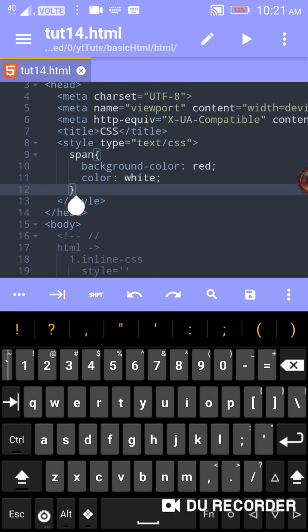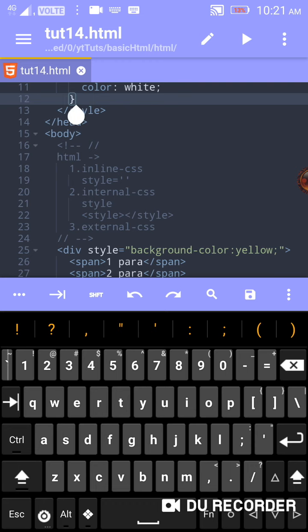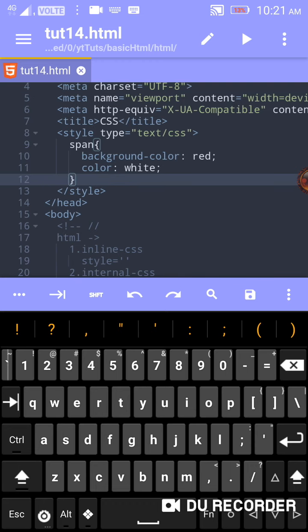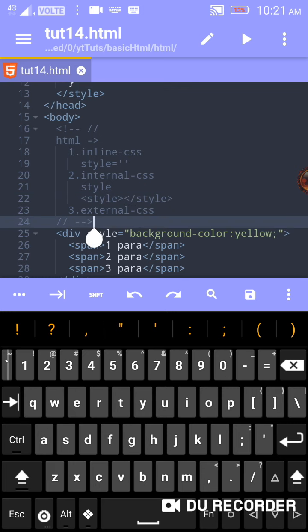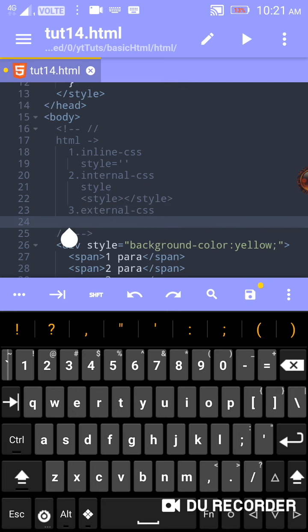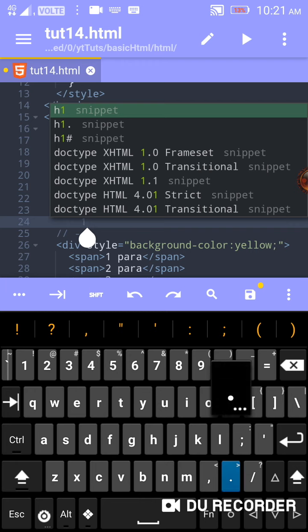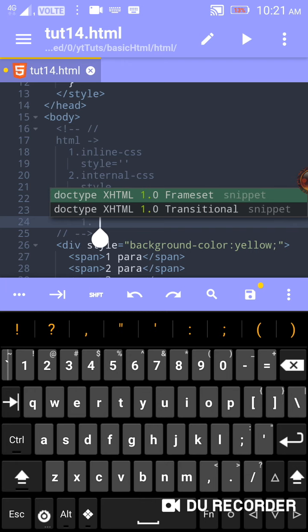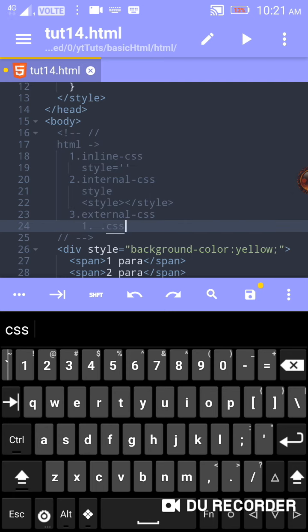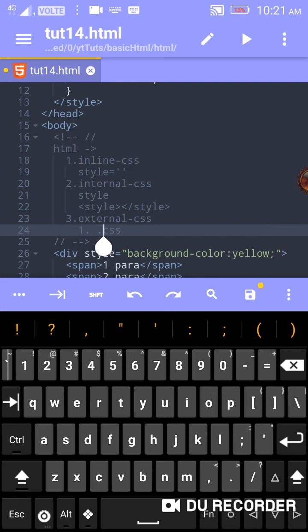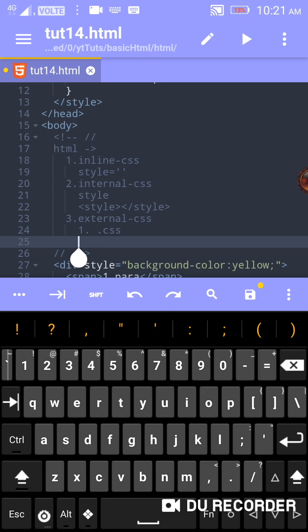Now there is external CSS. Now external CSS, first thing you need a CSS file. Extension should be CSS. And second thing